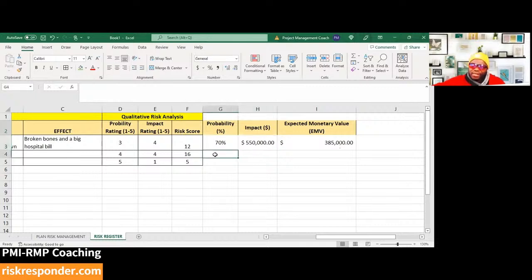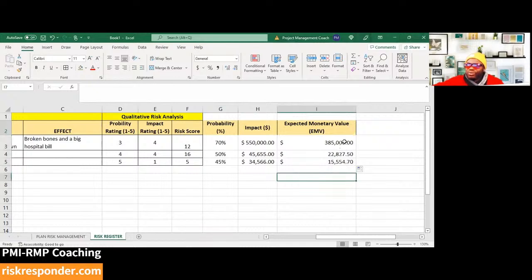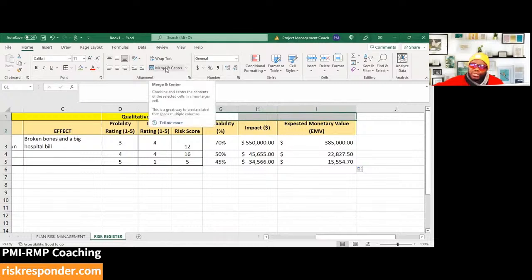But the idea is that if we do this for every risk in our register, right, let's put some numbers there, we're going to get to the point where the aggregate effect of everything all added up is going to help us to be able to deal with the risks that we are observing. And you wouldn't just do this for the negative ones. You could also do this for the positive ones. So let's go ahead and put what this is. This is quantitative